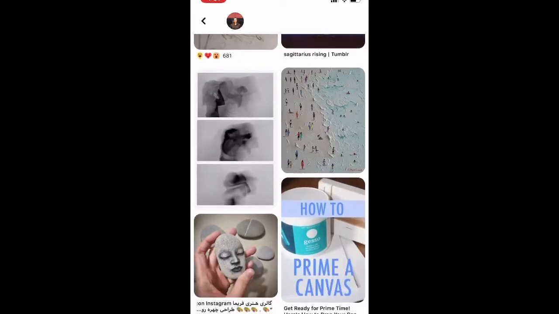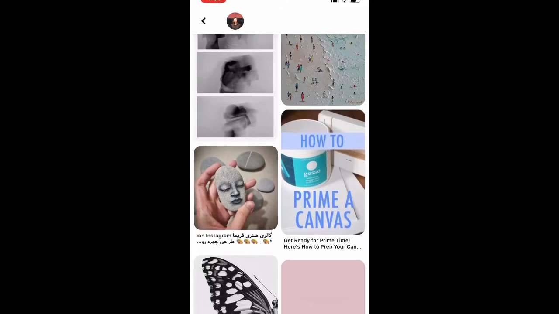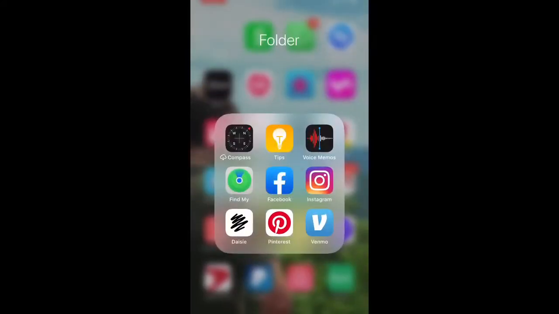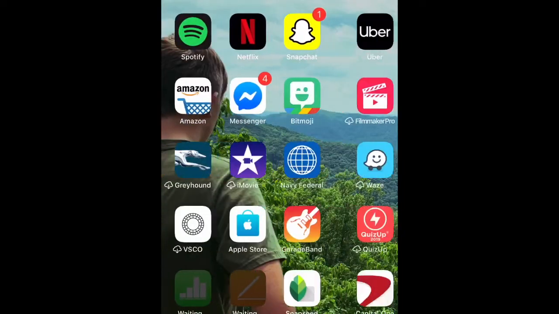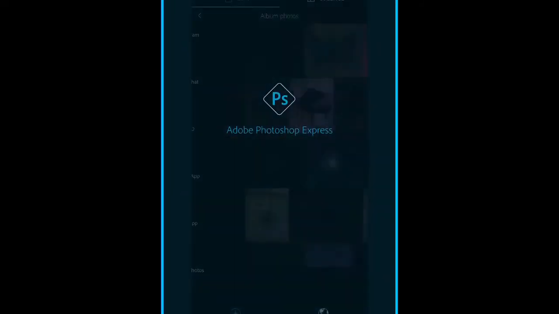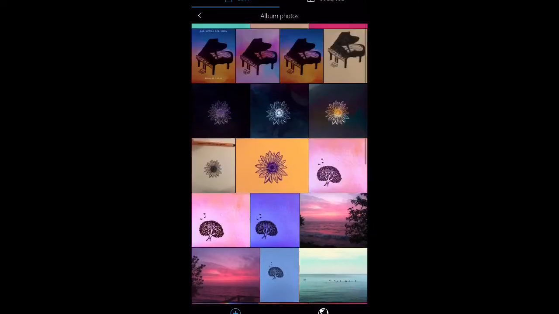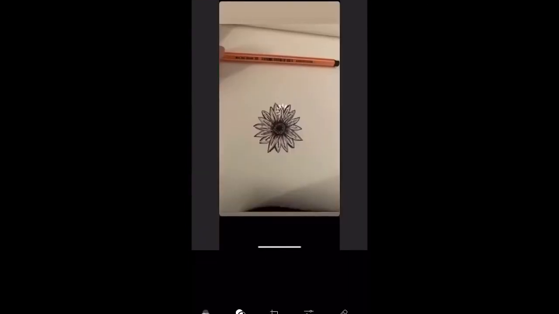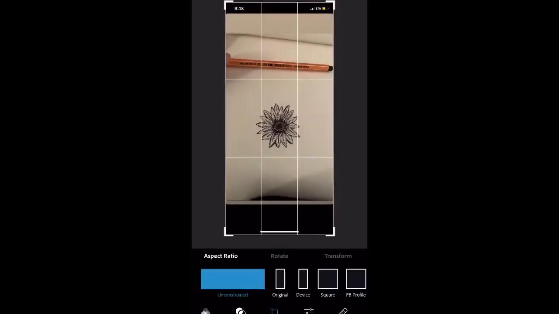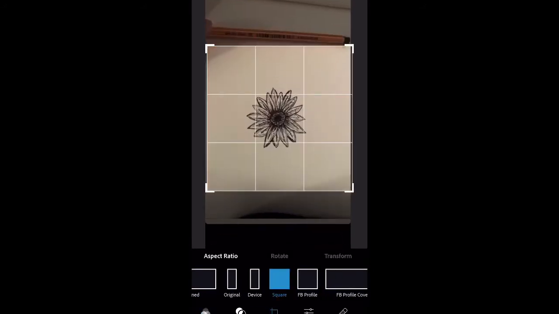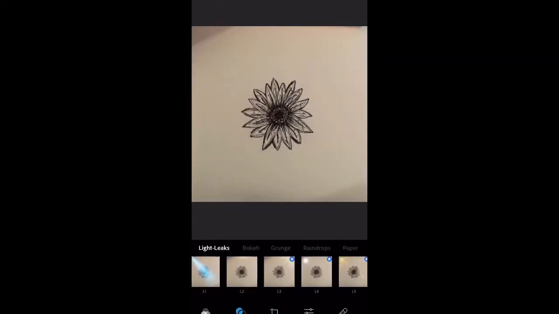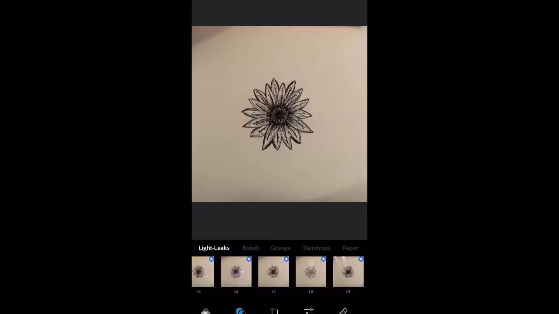So the next thing that I recommend doing is downloading the Adobe Photoshop Express app. That's the one that I mainly use for this kind of thing. There's just a lot of different filters and features you can do, so I recommend getting that. So we're just going to take an example of a drawing here, and I'm going to show you how I do it. So you crop the drawing however you desire, and then they have different settings here, one of which